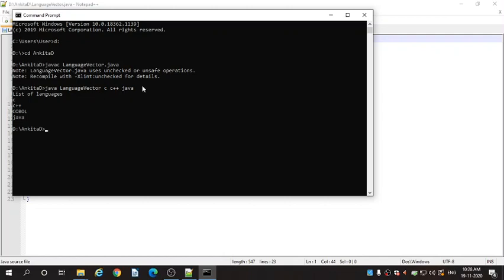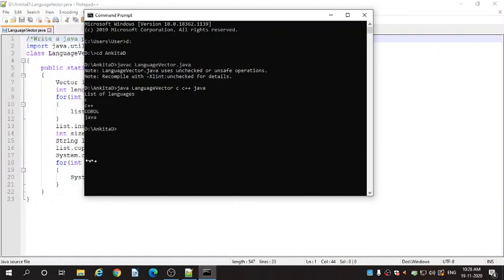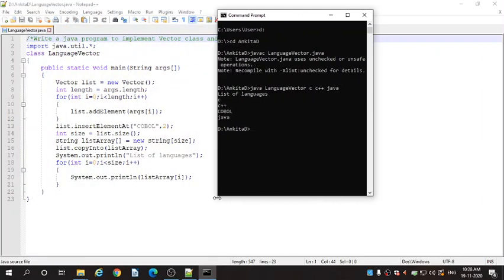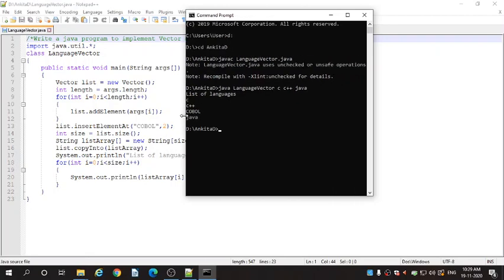These are 3 elements. But it is showing 4 elements, that is C, C++, COBOL and Java, because in the program we have inserted the element at position second, that is COBOL. So it is showing you COBOL at the second position. So this is the final output for this program.